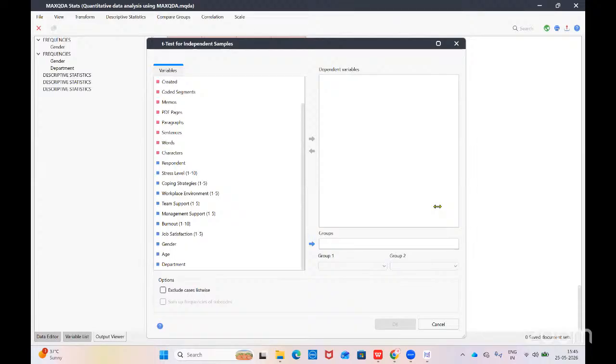In order to conduct the independent sample t-test, we require 2 independent groups. We need to have one independent variable and one dependent variable. Our dependent variable must be continuous data. Our independent variable must have 2 independent groups. Like for example, in our case, we have gender as a grouping variable, male and female, and we need